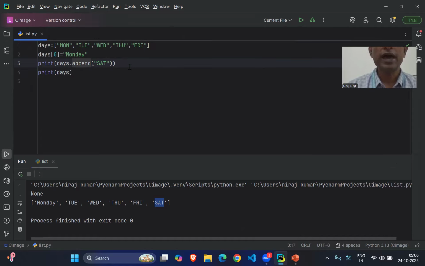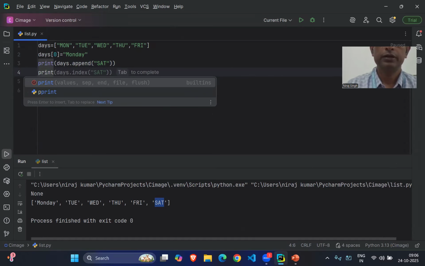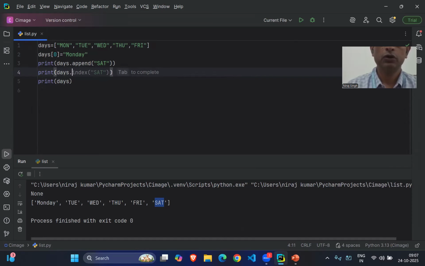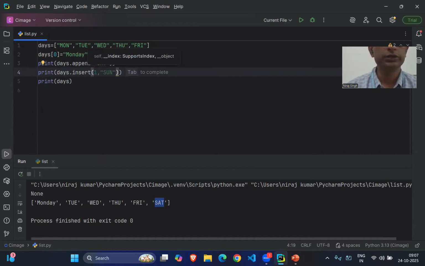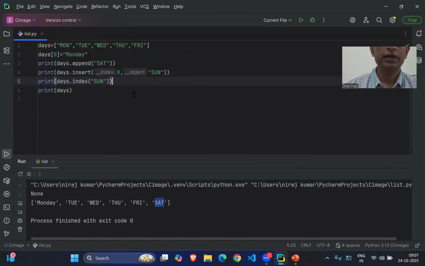Similarly, you can also add an element at any specified position. Print, now you can write days dot insert. Here you write which position you want to insert at. I'm going to add an element at the very first position, that is the zeroth position, and the value should be Sunday. So this way we can add an element.